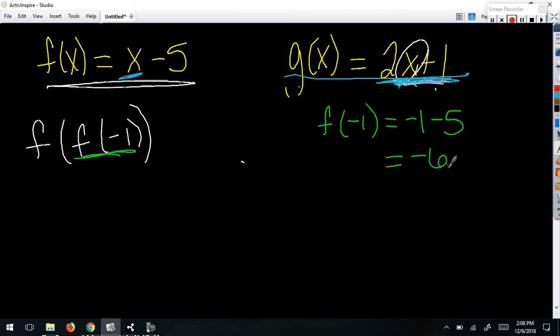Everybody see where that came from? Okay. Now, it's not f of negative 1, it's f of negative 6. Inside out, right? So it's negative 6, which is